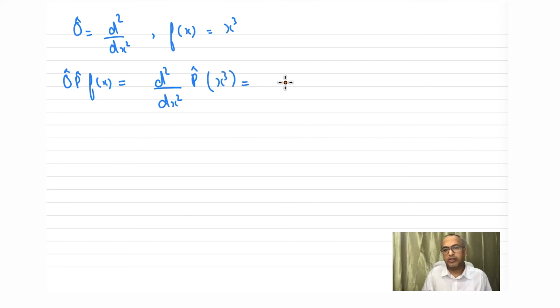Now parity of x cube we have all seen is minus x cube. So minus comes out, d square by dx square x cube. Now the first derivative will be 3x square, the second derivative will be 6x. So we have negative of 6x. Now let's calculate PO